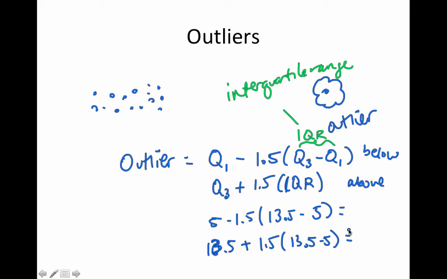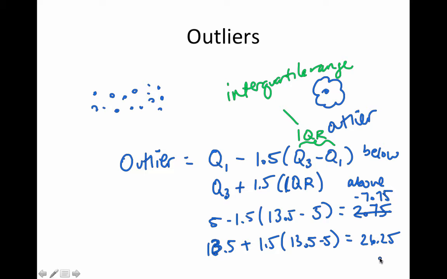And what we get is 26.25 and... actually, this one is negative 7.75. So those are the two numbers that if we have anything below negative 7.75 or above 26.25, then that number